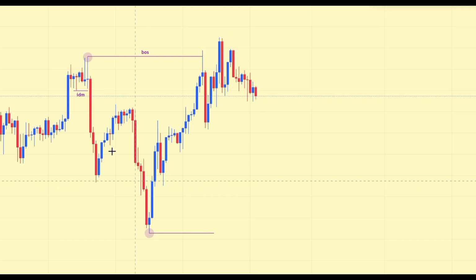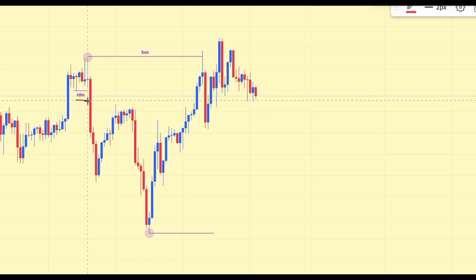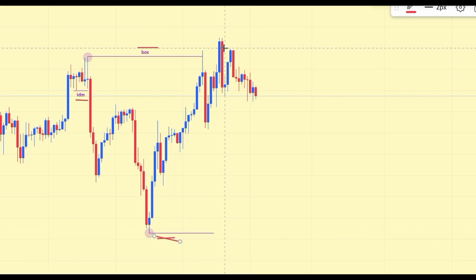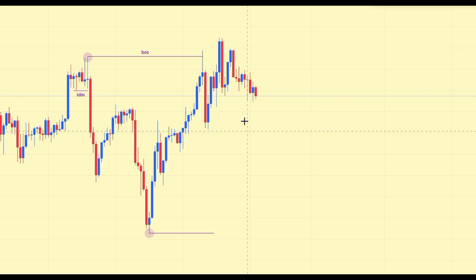So as you can see on this chart, price has taken out the inducement and broke past this swing point, confirming a valid break of structure. So this says that we are currently in a new trading range, ranging from this low and currently ending at this high. So we all know, once you have identified your trading range, the next thing is marking